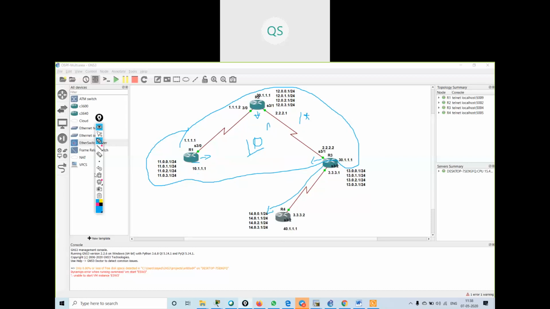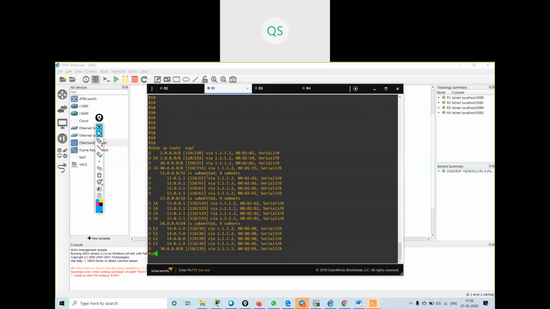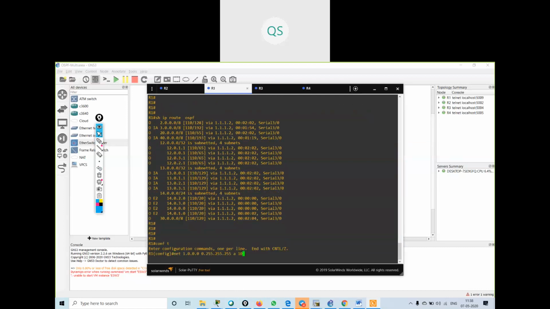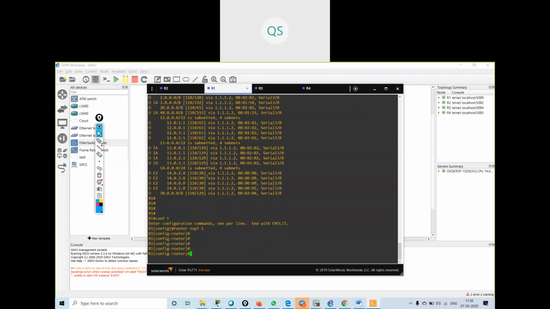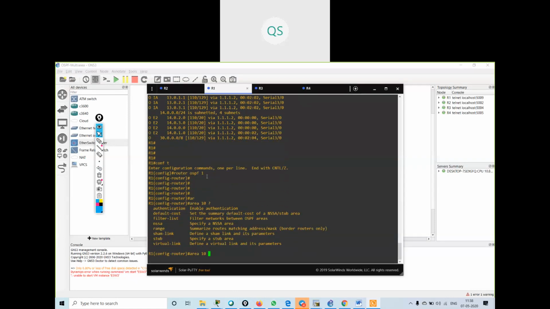So let us see practically. Let us go in all the routers. On R1, I will go in router OSPF 1. Inside router OSPF 1, I will say area 10, and specify it as stub.